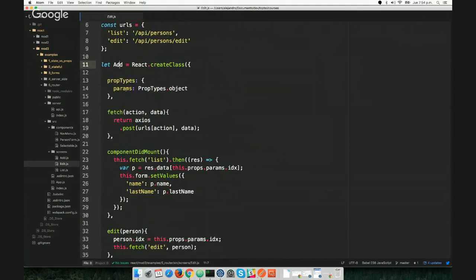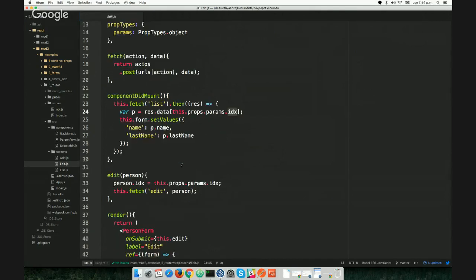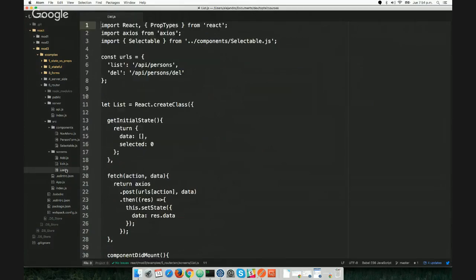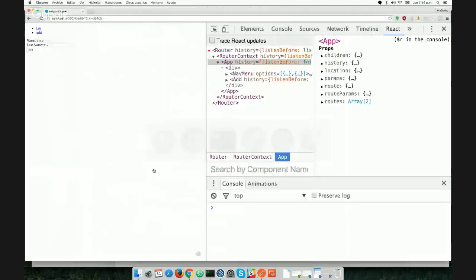So it is sent as a parameter here, and we can retrieve this idx from the parameters of the URL. This is a bit tricky, but when you settle down and review the code by yourself, you're going to be able to realize how it works. But the important part here is that in order to be able to do that,